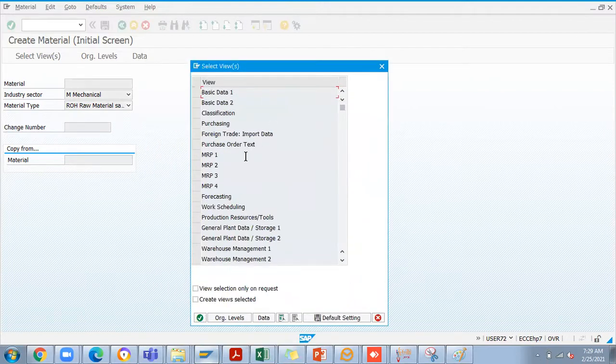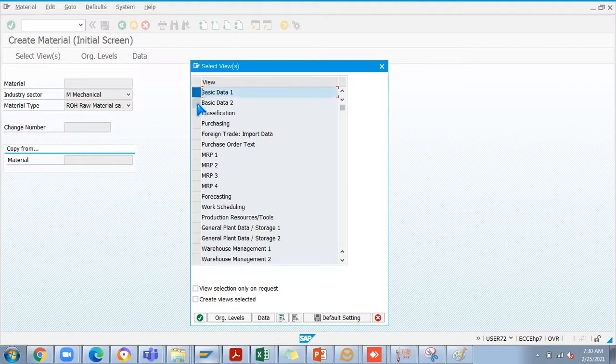So once you enter, on the other server we have some issue where we are not able to see all the views, someone enhanced the screen and all. Don't panic when you get into your server. Just select whichever views you can choose and create the material. It will work, no issues. But if you find any problem, then let me know.